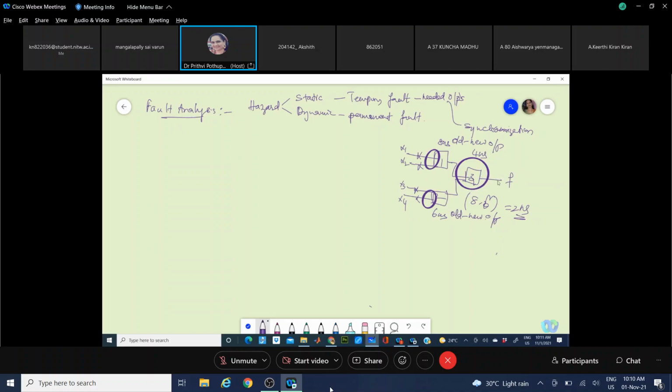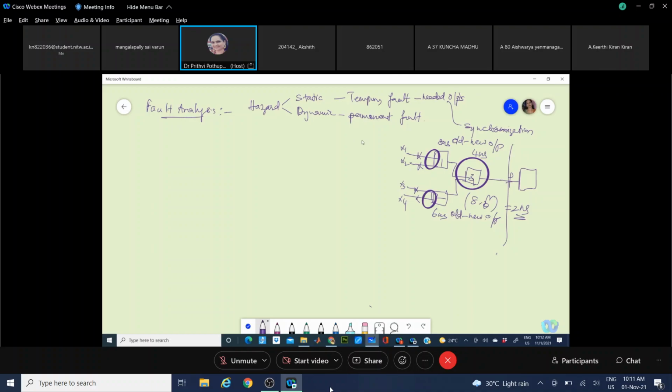Or if this output is fed to some other circuit, we can wait for 2 nanoseconds, then whatever output is generated is the needed output for further iterations. So static hazard is not so dangerous a fault.